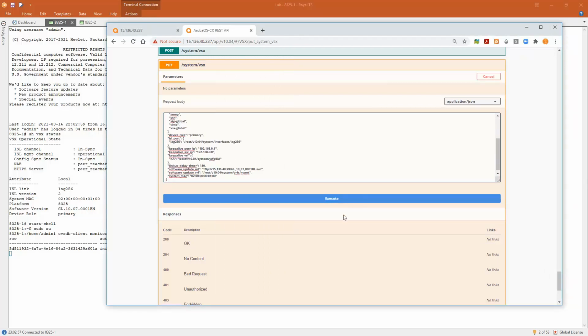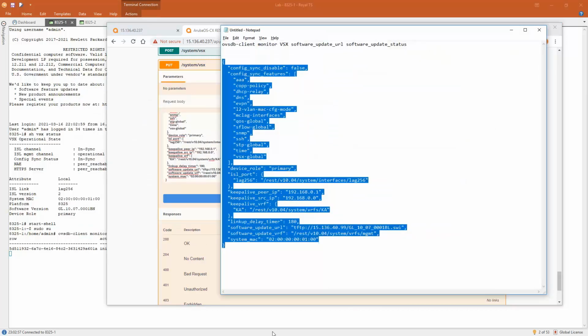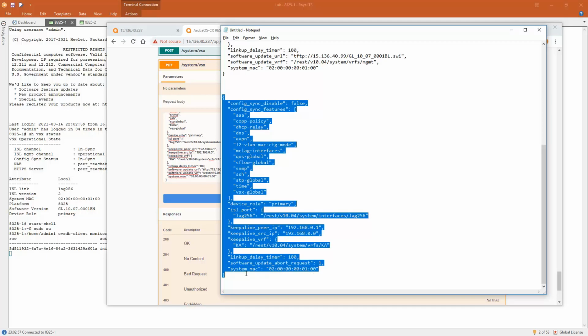Okay, and before executing, I'm going to prepare as well the other command, which is to abort. For that command, I can show you the exact data set, which would be abort, update, and here I can use one, for instance. I'm going to copy paste this so that it's ready.